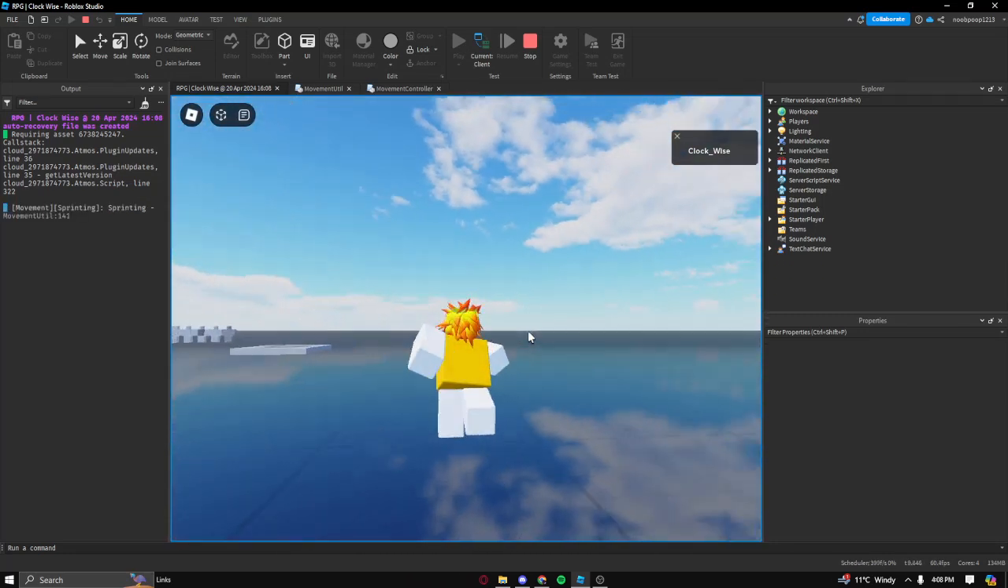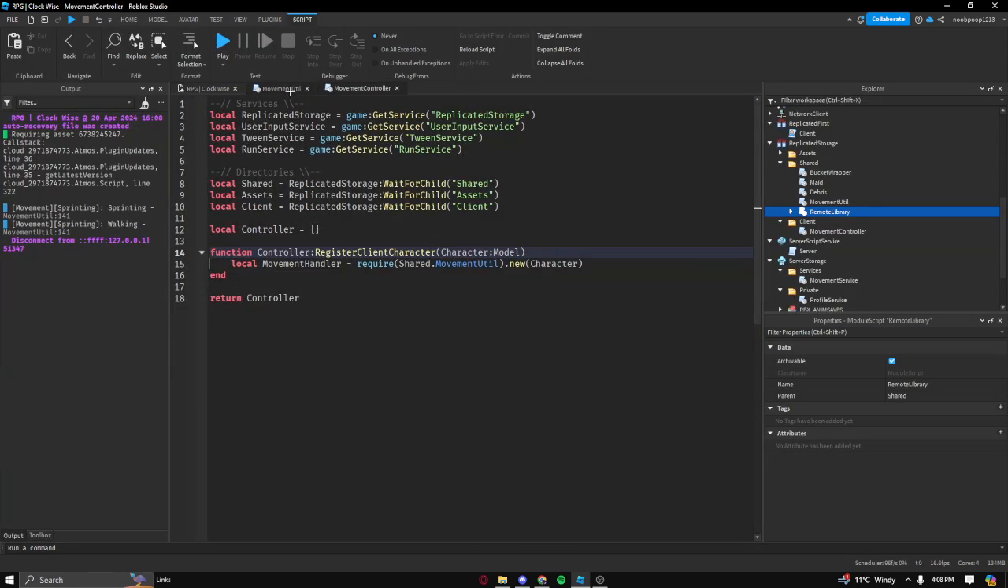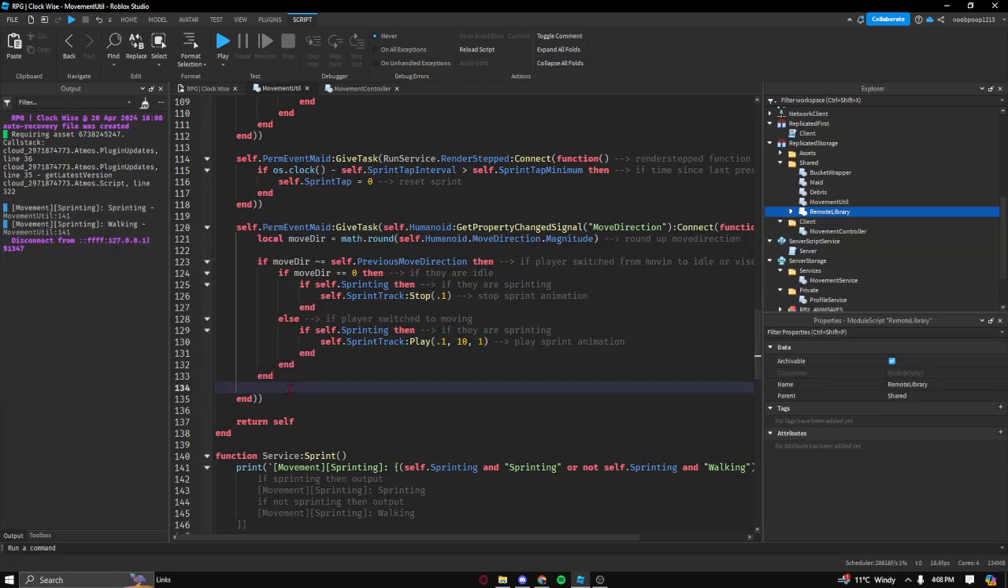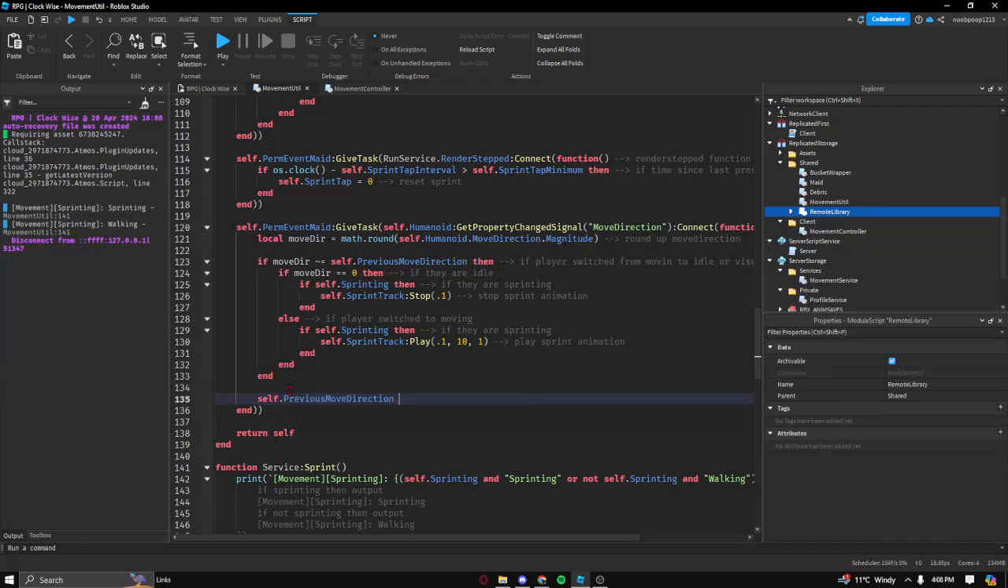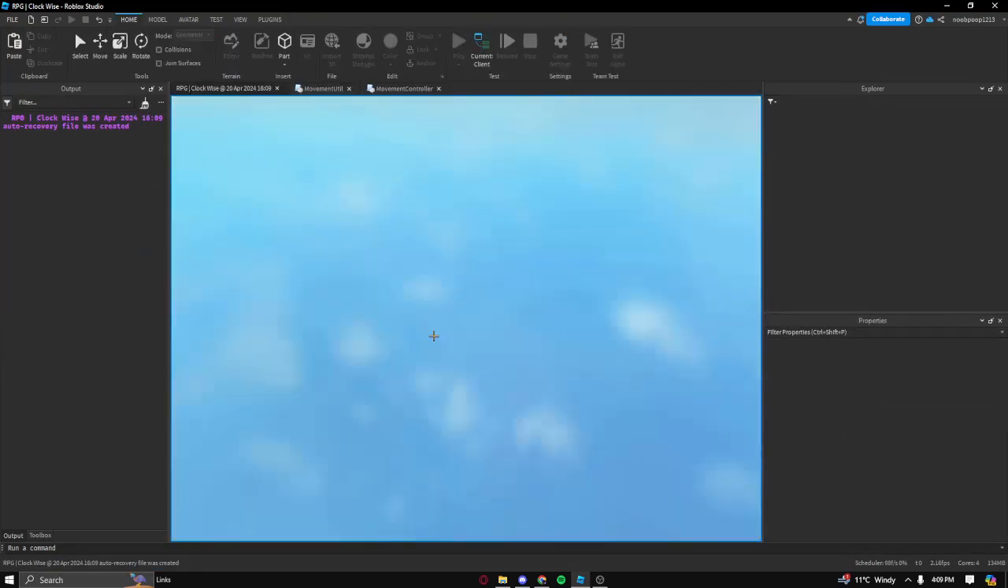What's this goofy animation? Oh yeah, we forgot to set our previous running values. So let's go ahead and do that. We're gonna say up here, self.previousMoveDirection is equal to moveDirection. Alright, just like so. So now if we hit play,